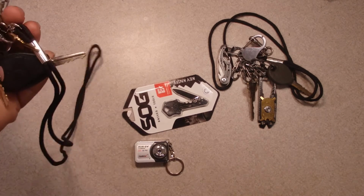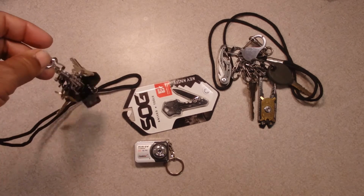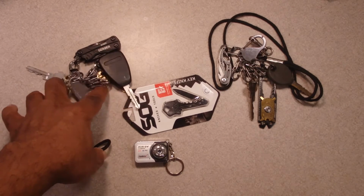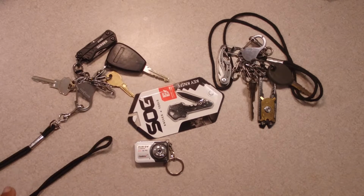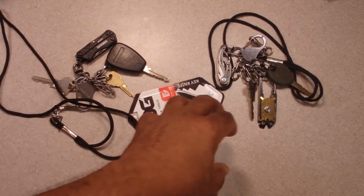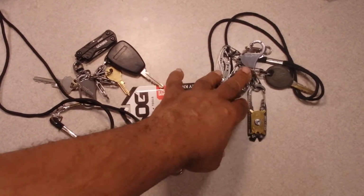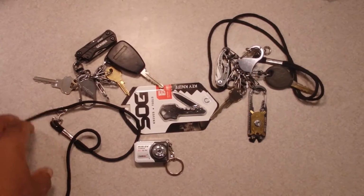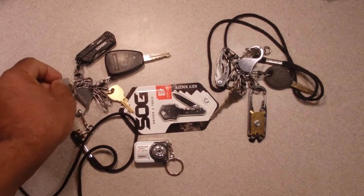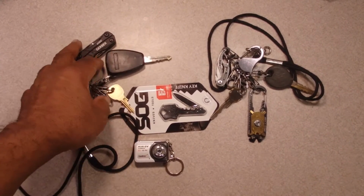I did a video earlier. There's a reason you find all your keys when you go out detecting scattered around. It's because keys are very easy to lose, so I put them on lanyards when I'm out doing anything outdoors, and that's these 2. What I currently have on here is simply my basic keys, my house key, my mailbox